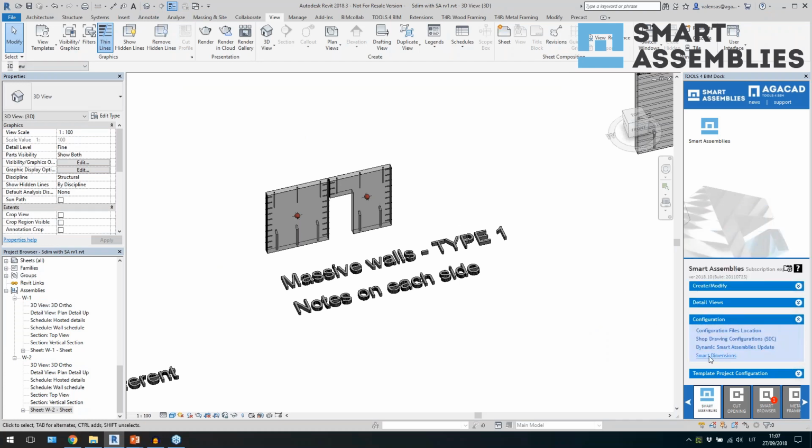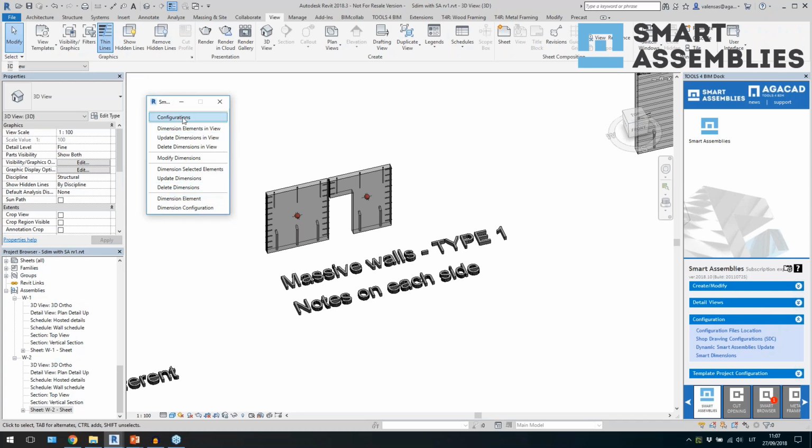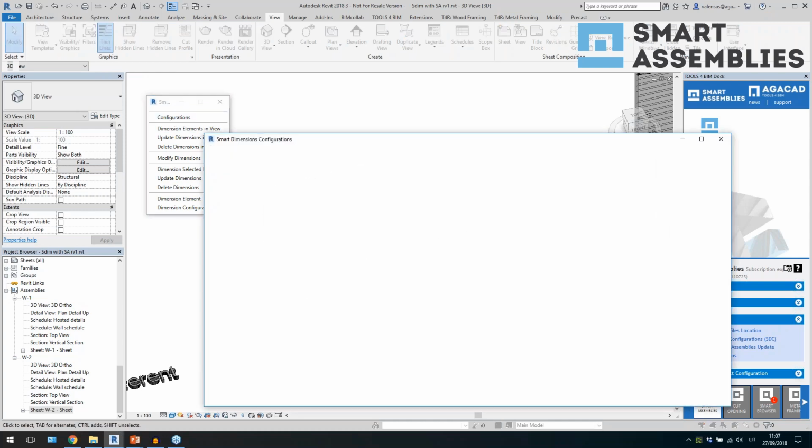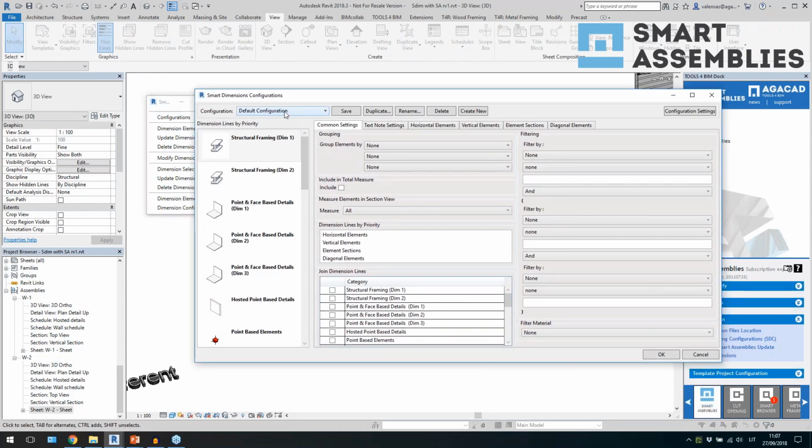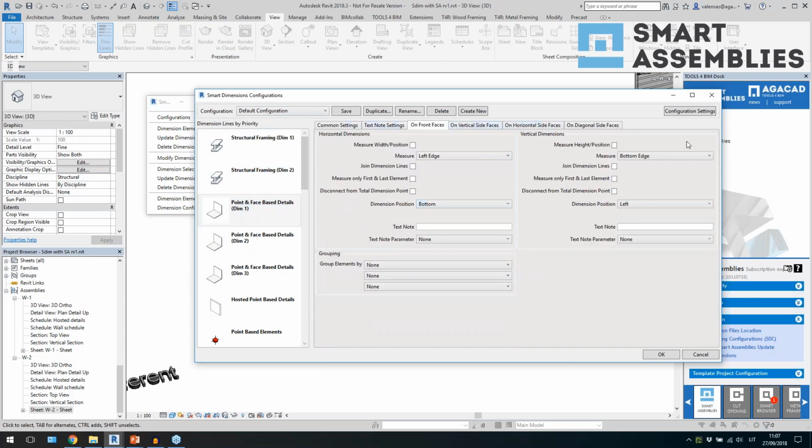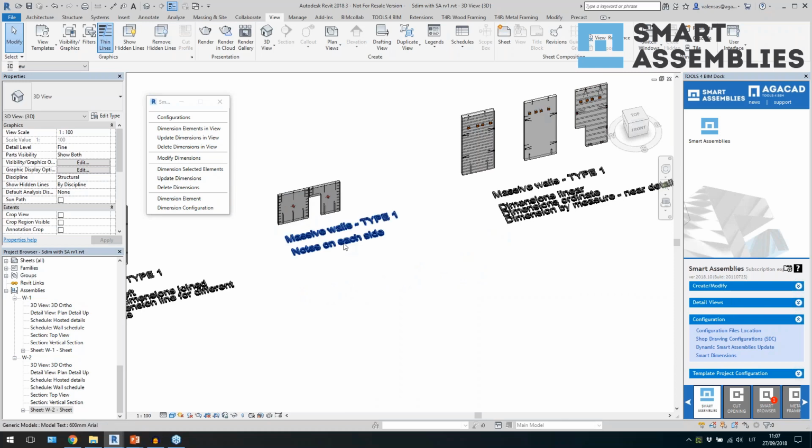And it has a separate command here on the configuration menu. If you click on that, it will bring up a separate floating menu for the Smart Dimensions, and it has a separate configuration window for dimensioning. So here you can select what you want to dimension and how you want to dimension. You define how it should be dimensioned here, right? So let me quickly show you an example of what the result should be by using only Smart Dimensions,